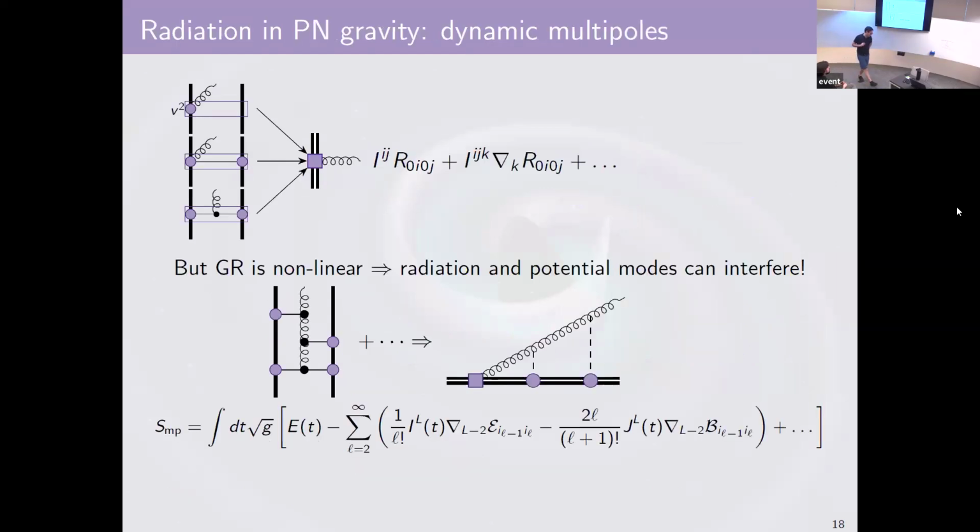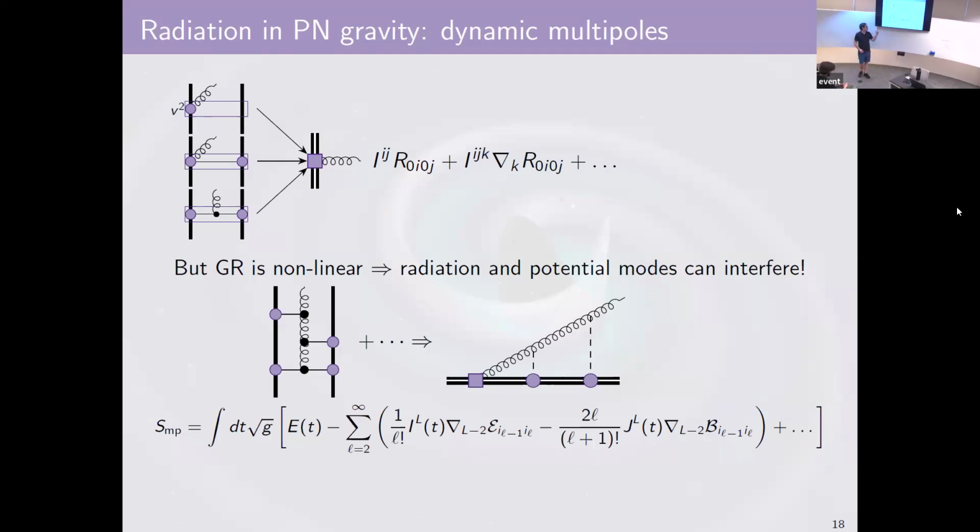I'll very quickly, in 2 or 3 minutes, try and blaze through radiation-related stuff. As we were walking through the tower of effective field theories, we've now done our two-body problem, but we still have the radiation stuff to take into account. If you start computing the radiation modes and then project them out and see what they look like tensorially, you'll see that they line up into couplings of multipoles with Riemann tensors. This is essentially what you expect. But that means that there's some natural far zone theory in which you can compute the radiation from these multipoles.